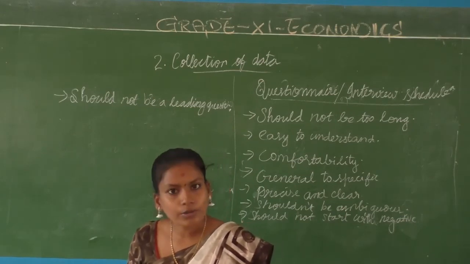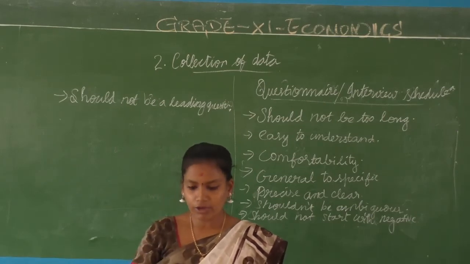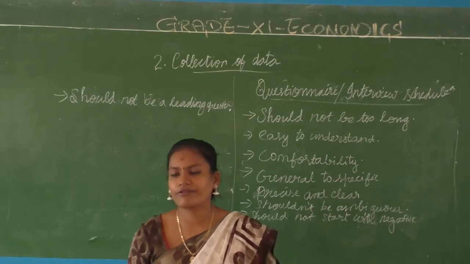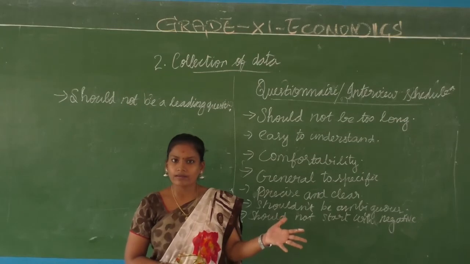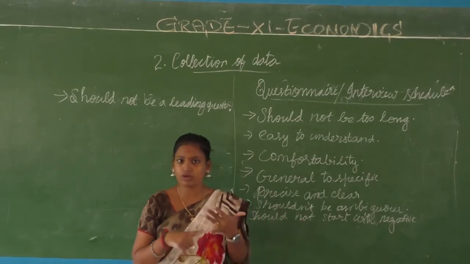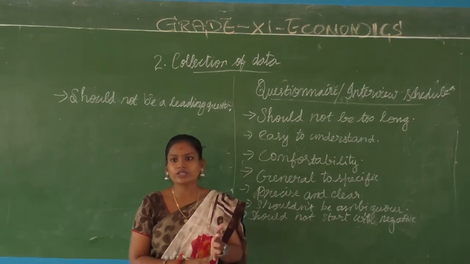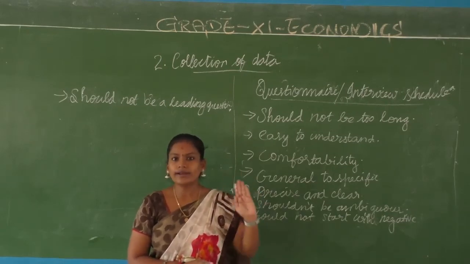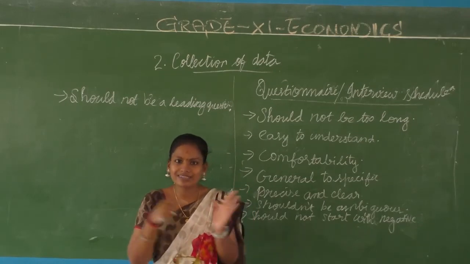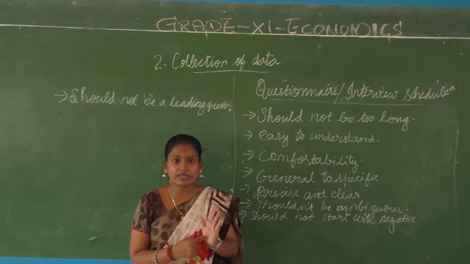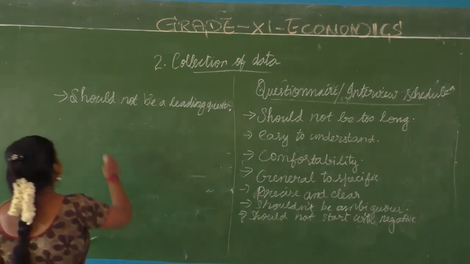So when you are talking about your product, it should not be boasting. Like when you are showing your drawing to different people and asking, isn't it a wonderful drawing? No, that is not a right question because it starts with negative. And you should not have a leading question like, how is this wonderful drawing? Or do you like this wonderful drawing? Because you yourself said that it is wonderful. I should not give a leading question like that. Then finally, you should not give alternative answers.